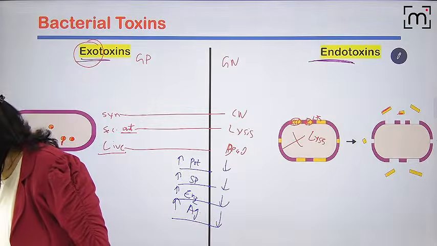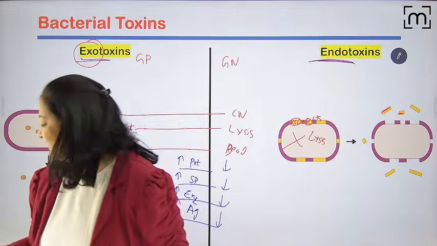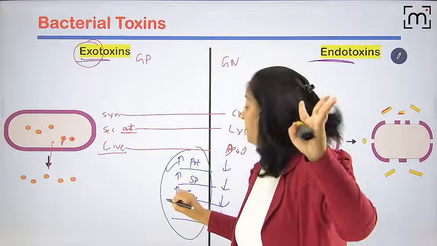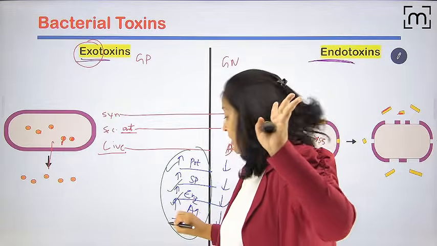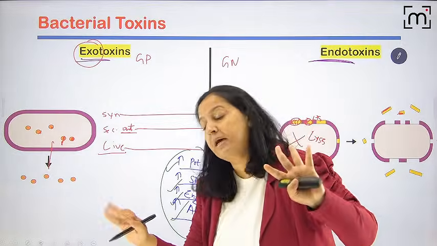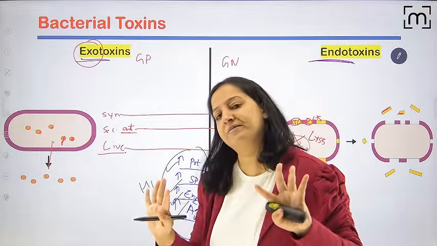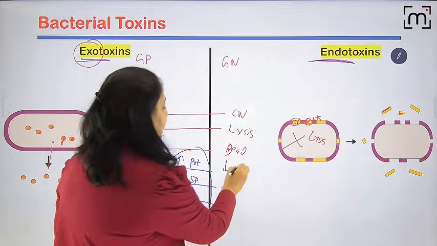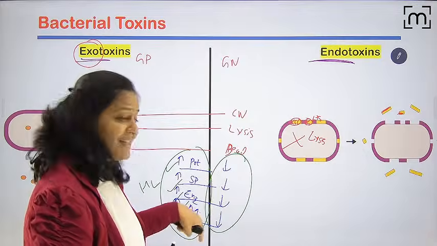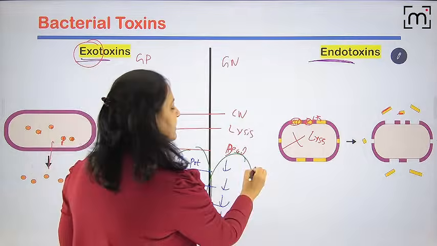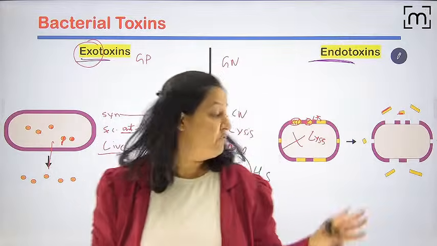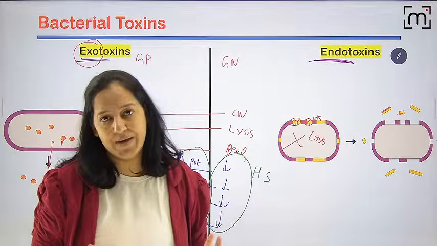But, people, listen, I agree. The exo is more potent, more specific, more enzymatic, more antigenic. But once you heat it, it's heat labile; it gets destroyed. The endo one is less potent, less specific, less enzymatic, and less antigenic, but it's heat stable. You heat it, it survives. So learn like that: 4 things are good but 1 is bad, and 4 things are bad but 1 is good. This is the easiest way to learn.